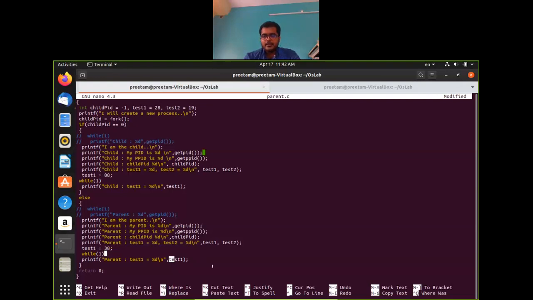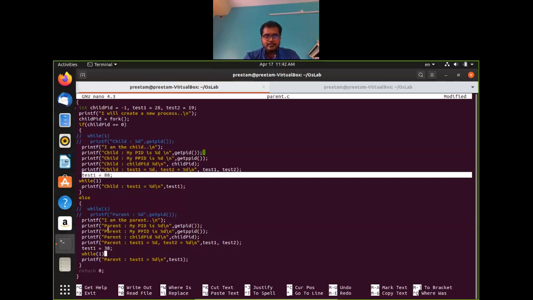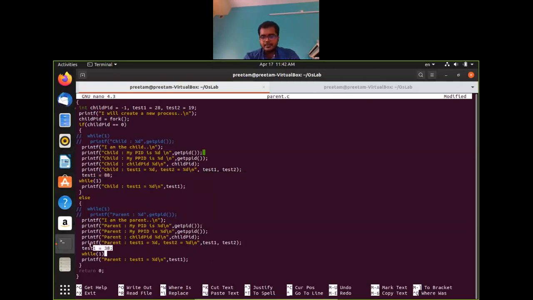From that we can tell that these two have different memory locations, because there is no chance of overwriting after this assignment. So if we print infinitely after assigning these values, we can tell that these variables are from different memory locations if they show different values.